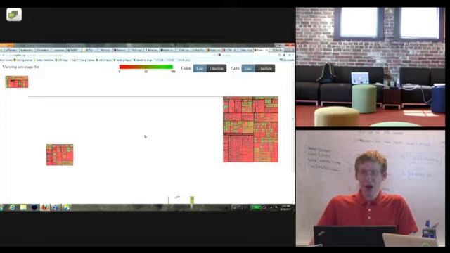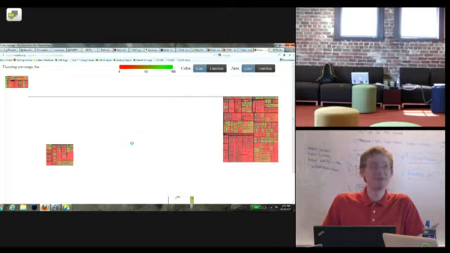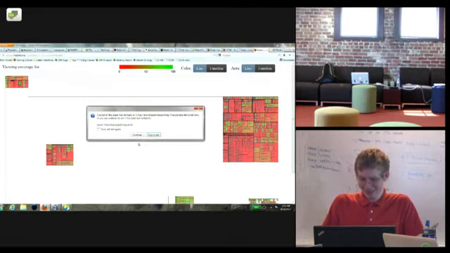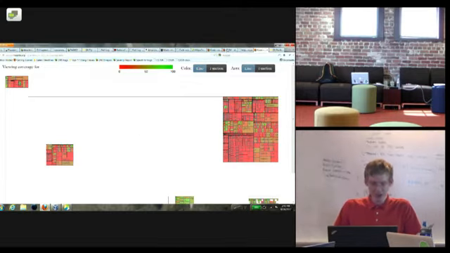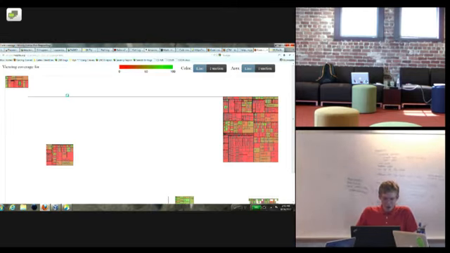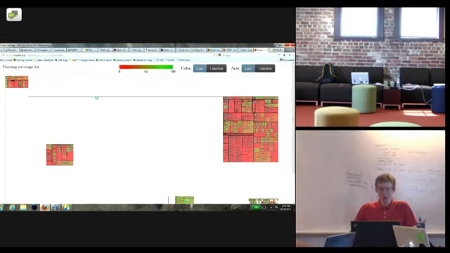So, are there any questions? I have one. Yes? Is this going live? Like, can I use this? Which one are you talking about? The visualization of code coverage. Yes, you can actually do it right now. If you go to